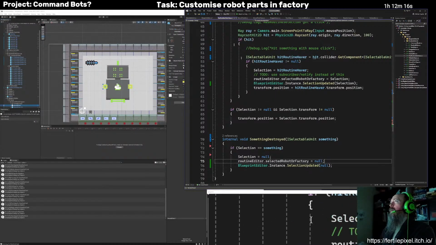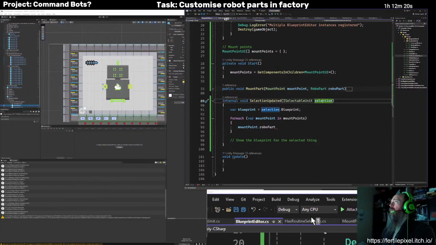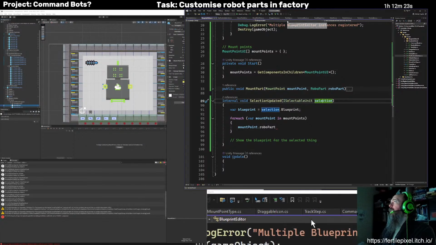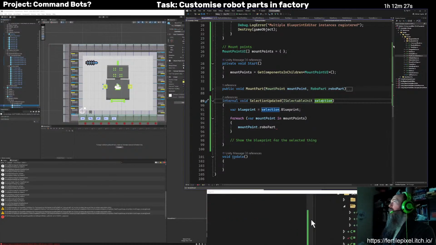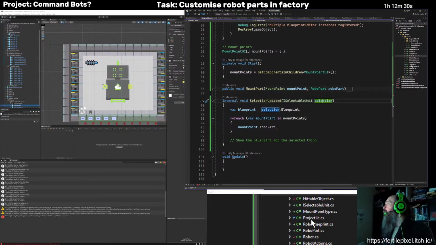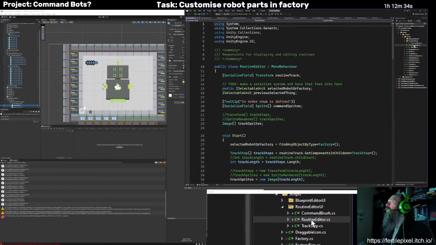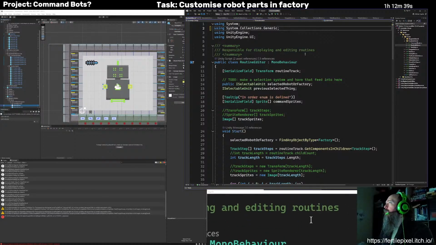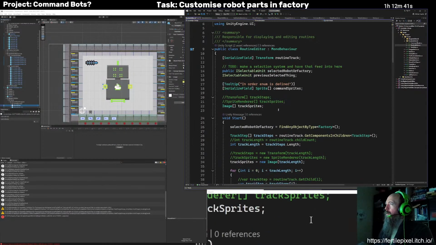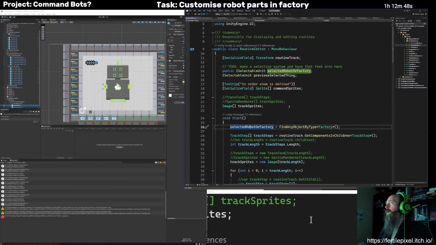And then if you have a look in routine editor, which I don't have open here. It'll be in routine editor. Unused using statements. I'm looking at that select a robot factory.